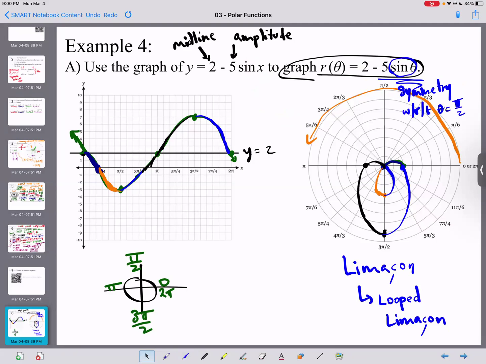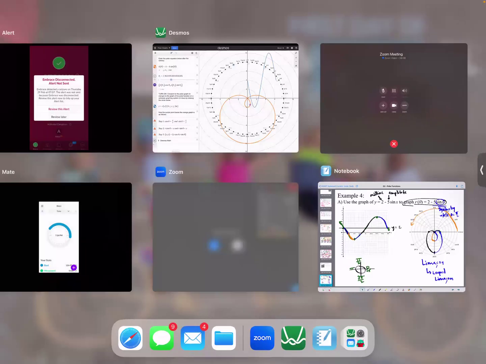Not only that, you see how this is a negative sign? That's why this graph went down. Those things are always true. Sine is always going to be vertical. Cosine will have horizontal symmetry, it's called polar axis symmetry. And so we're going to finish up